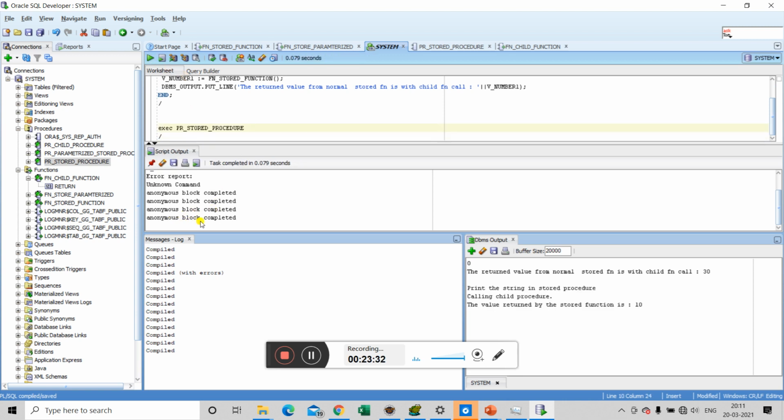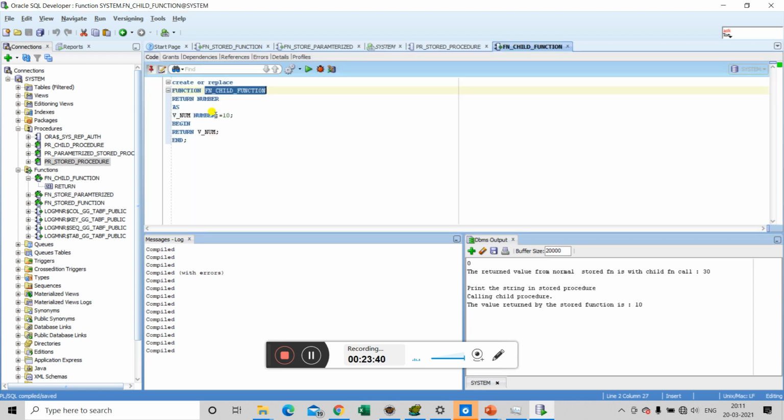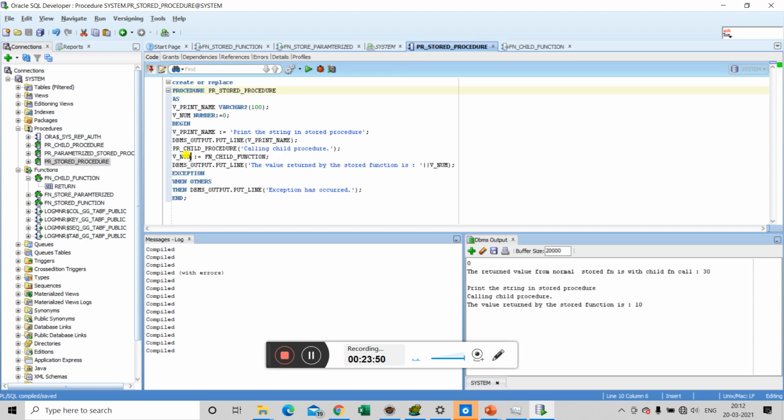It is showing anonymous block completed, and on the console it is showing the value returned by the stored function is 10, because the child function has a variable named vnum having value 10, and it is being returned. So this particular stored procedure is holding that value 10 and printing it on the console using the dbms_output command.